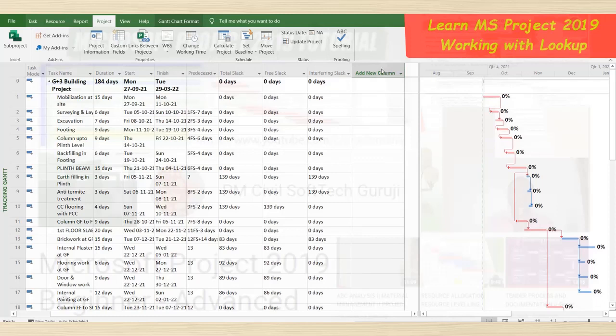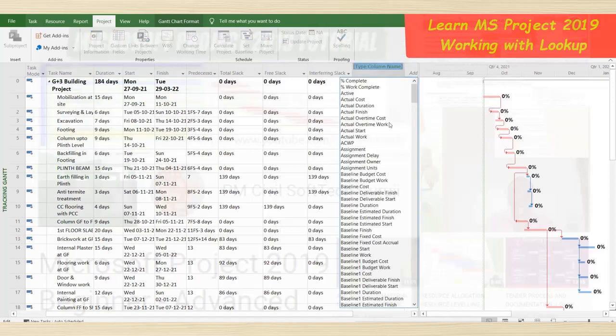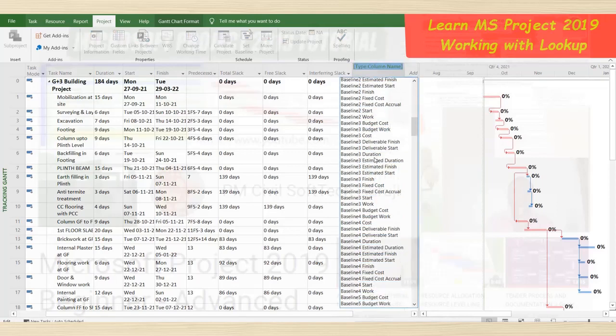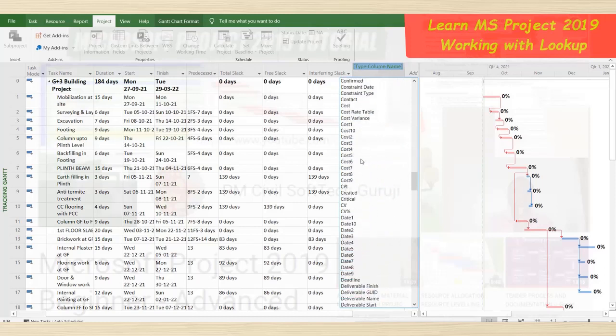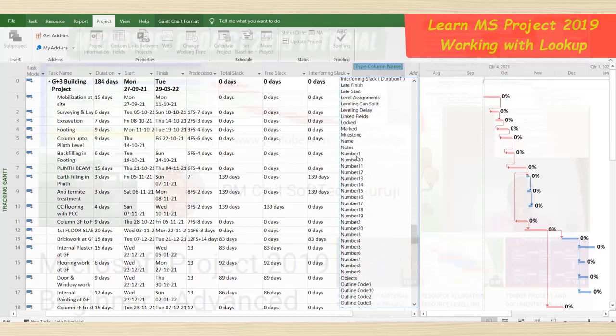For that, first right click here and insert a column. Here we are typing names, and Responsibility is not there, so select Text, because we are adding text.